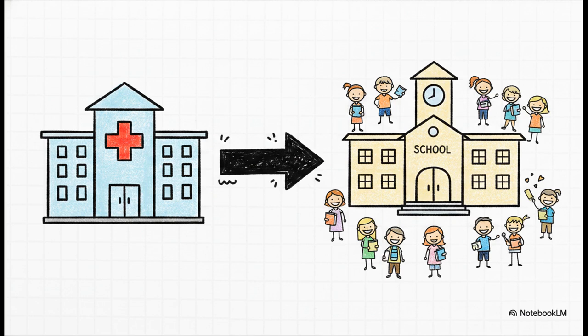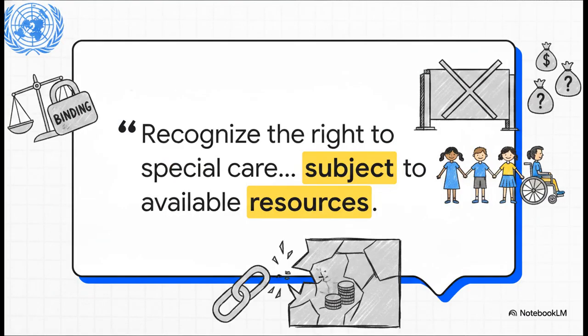But I want you to notice that second point, because this is huge. Before 1982, the education of disabled children was usually handled by ministries of health or social welfare. They were literally treating disability as a medical problem to be managed. This document boldly declared that disabled children belong in the general school system, and, crucially, that standard, mainstream educational authorities must take responsibility for them. So momentum is definitely building.